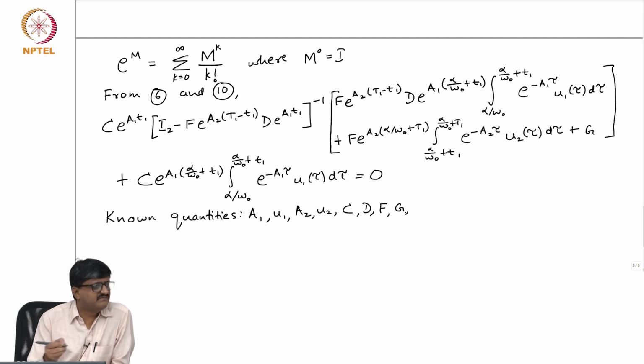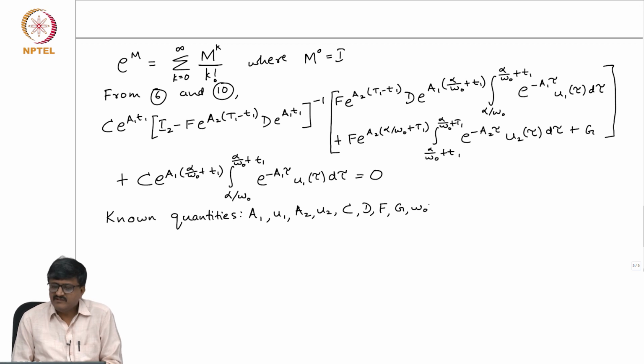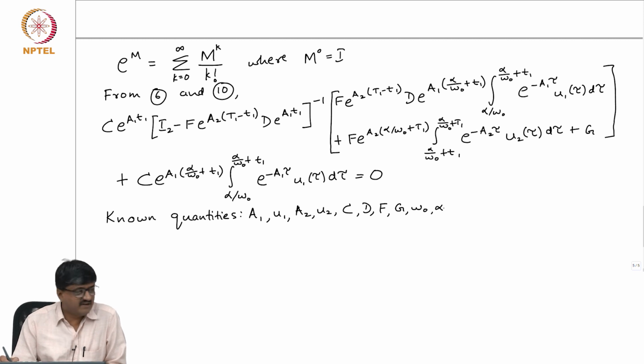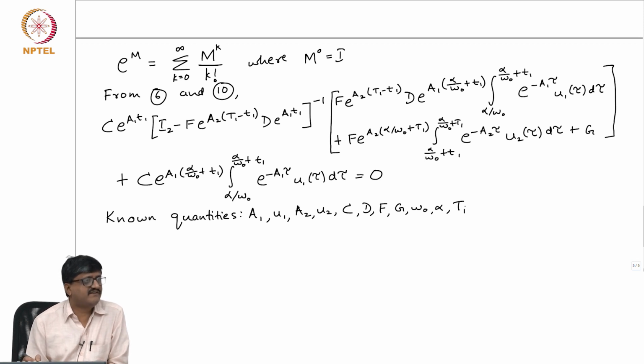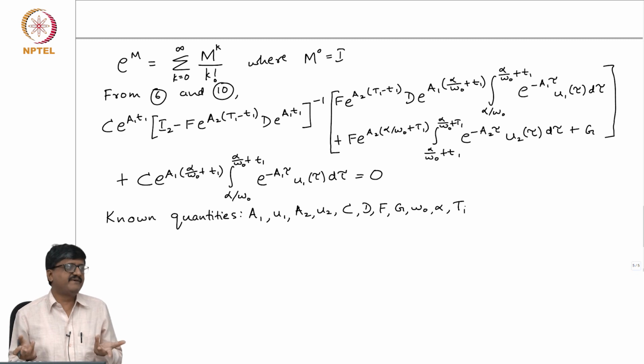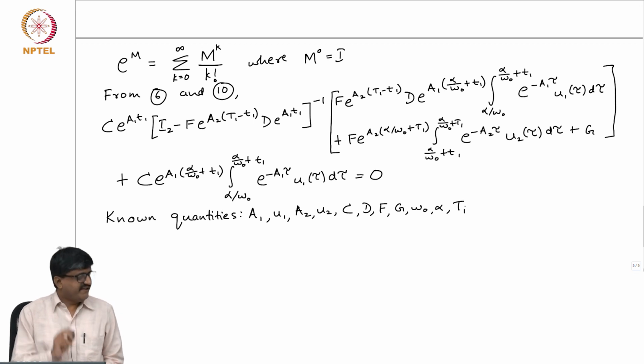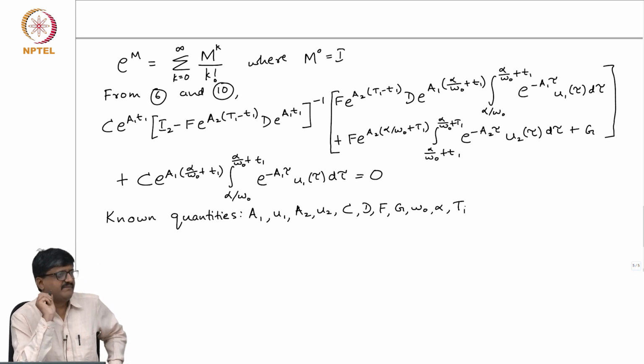Now, there are a few other quantities. For example, omega o is known. If it is 50 hertz, it is 100 pi; if it is 60 hertz, it is 120 pi. Alpha is there, and I assume that alpha is also known. For a given value of alpha, I am doing the analysis. Then there is an uppercase T1, which is also known. All these are known quantities. Uppercase T1 is nothing but the total period divided by P. Total period is known, pulse number is known. Now, there is one more quantity, which is lowercase t with a subscript 1. That is not known. That is the answer.